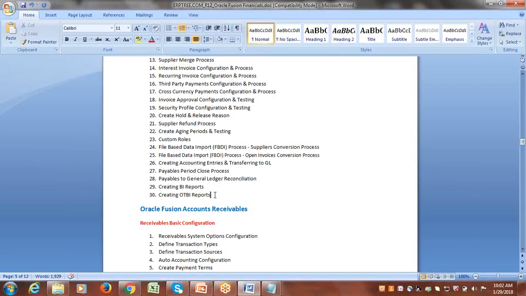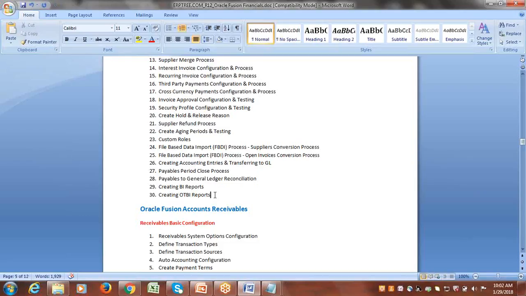No, OTBI we can use with other sources also. However, they have given BI as inbuilt, and in the same way OTBI also. You can use it as a separate product also. See, this BI and OTBI come from the legacy source, OBIEE. There are two different flavors within that.